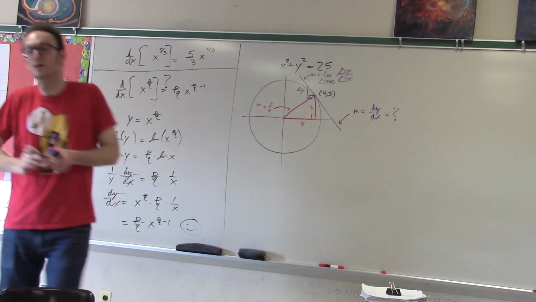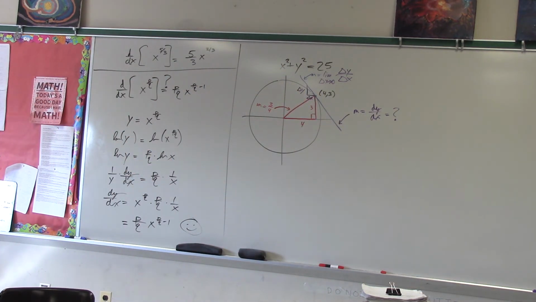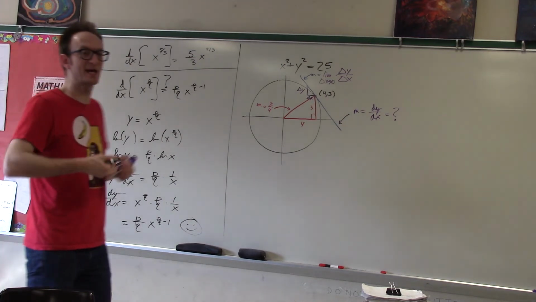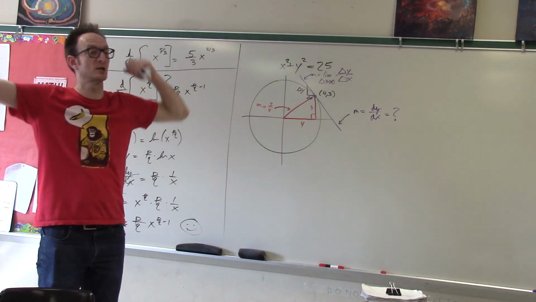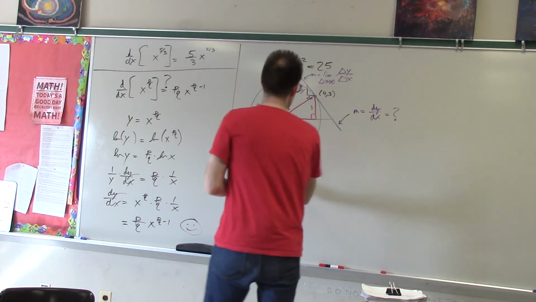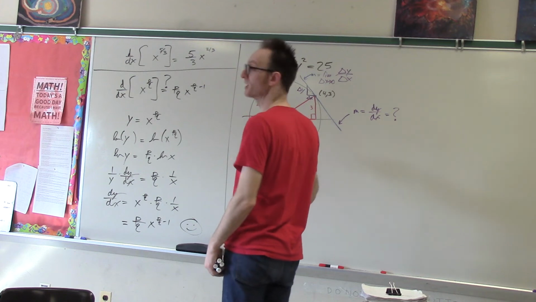I would like to know what is the ratio between the infinitely small change in y and the infinitely small change in x for the tangent line to this curve. How can I do that? Well, now that I know the chain rule, now that I'm comfortable with logarithmic differentiation, let's move beyond logarithmic differentiation to full-on